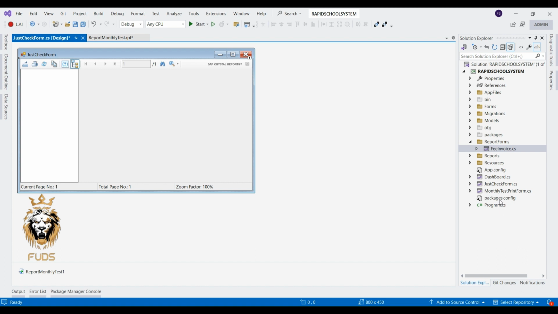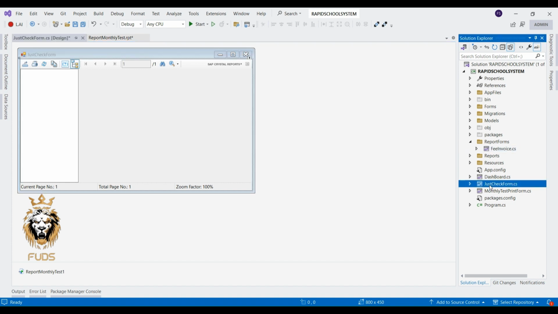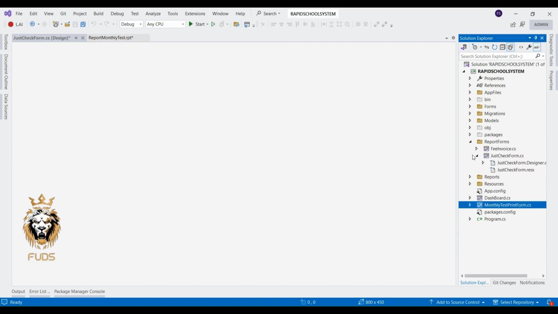Hi, as you can see, there are no errors on my forms at the moment. This is because I have put the reporting form in the solution folder. The reporting form is a form which is used for showing Crystal Reports. Now, if I move the form to another folder, it will start showing the error, unable to find the report